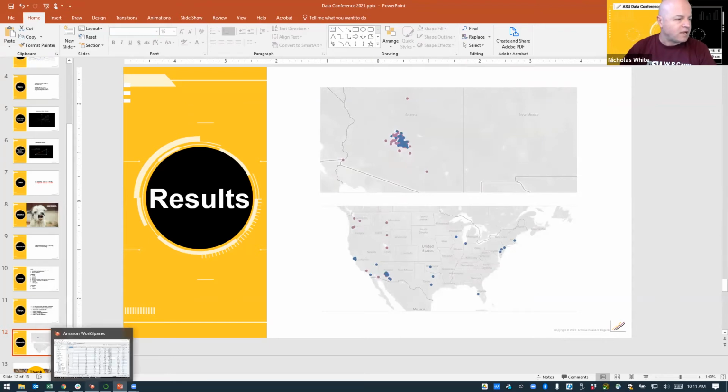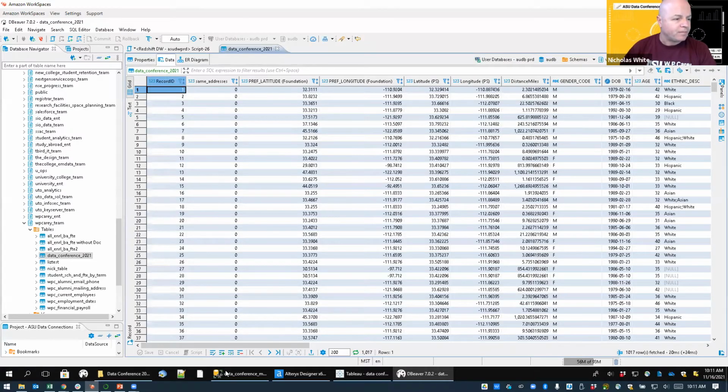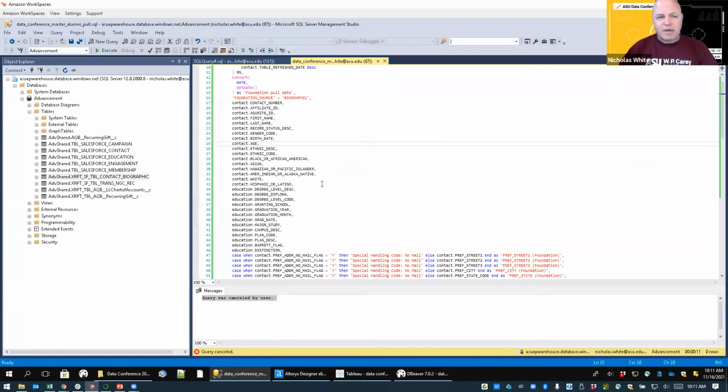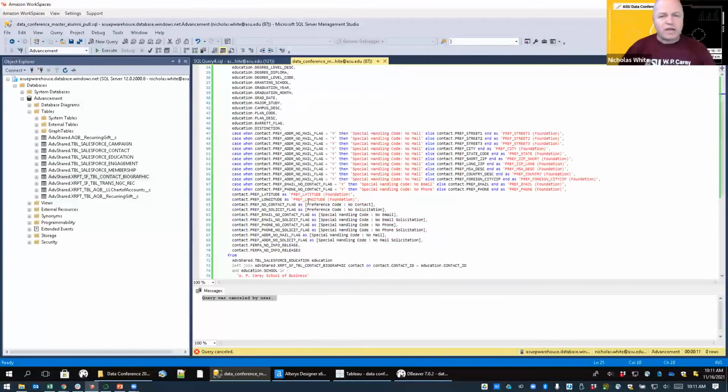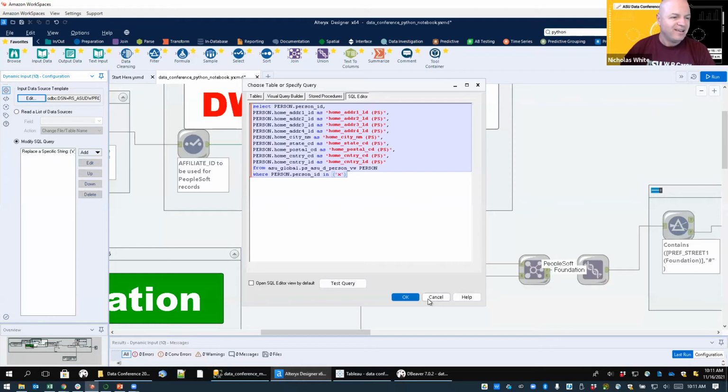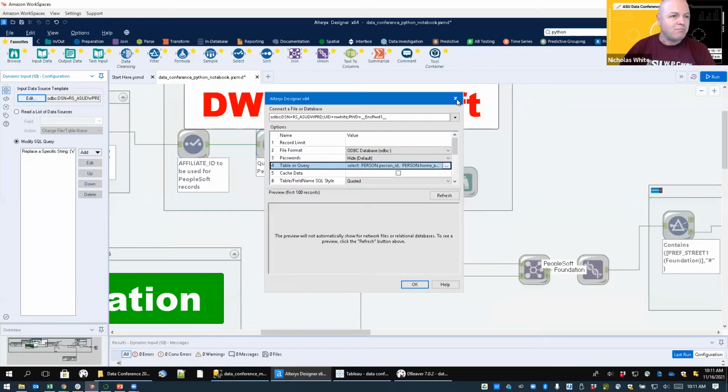If we go into the BI desktop here, I use SSMS to write my SQL code. And the reason why I use this is because developing code in Alteryx is a nightmare. So I develop it here just to test it, make sure it works. Once I know it's working, I copy and paste it into Alteryx here. And then I have this big, giant, messy